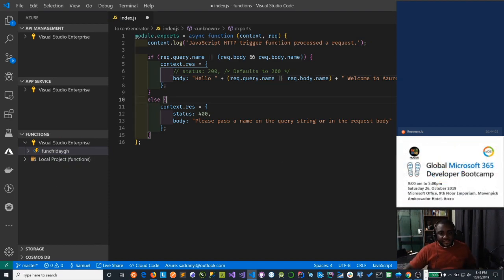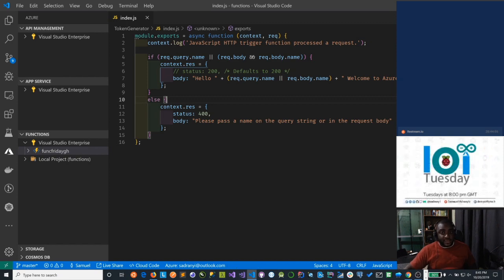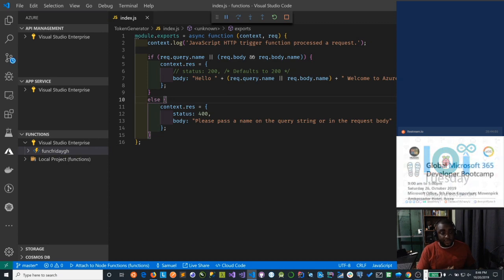And let's see. So this is done. I'm going to save this. And to test the function, it's as simple as hitting F5 on your keyboard. Just hit F5 on your keyboard. And once you do that, the function code is running. So right now,